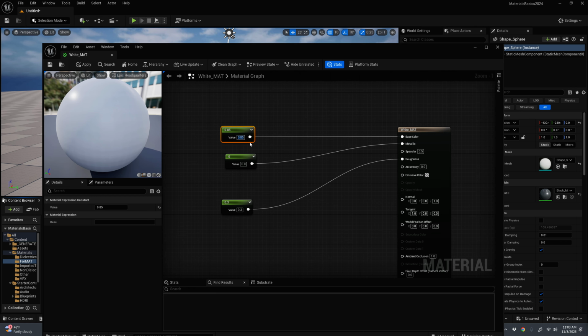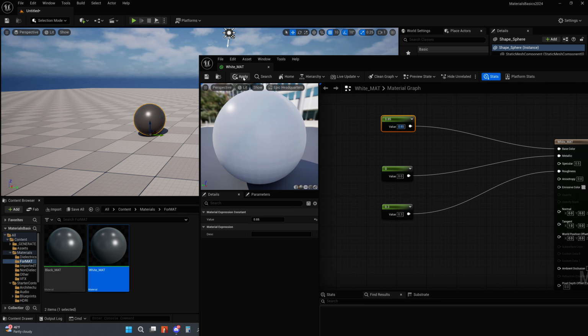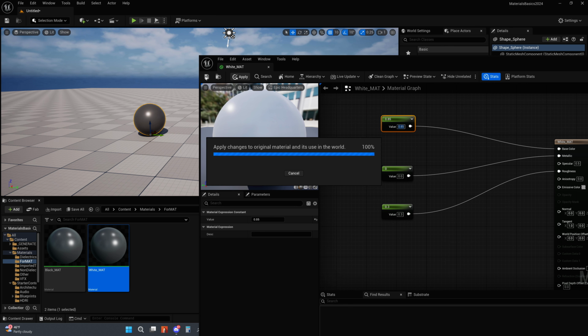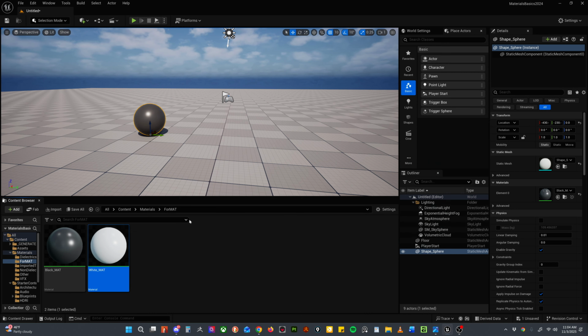So at 85%, this is where snow might be. If I'm not mistaken, you might get snow at about 85% of an albedo color. My metallic here is going to be set to 0, but my roughness is going to be set to 0.3. So we're going to leave it the same. I can apply that, save that, and what I want to do here in this case,